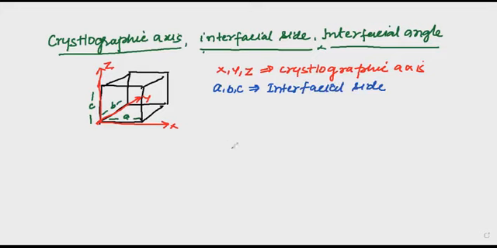Now after that we are coming to the next one. You see what is the interfacial angle. Suppose this is A, this one is B, and this one is C. The angle between B and C is alpha, C and A is called beta, and A and B is called gamma. So alpha, beta, and gamma